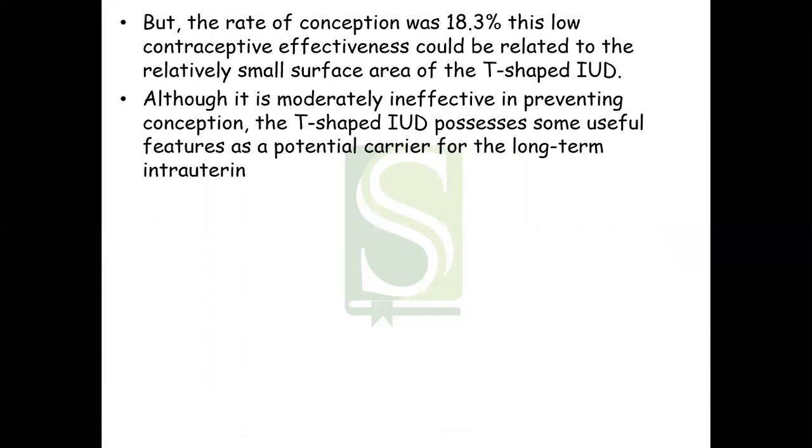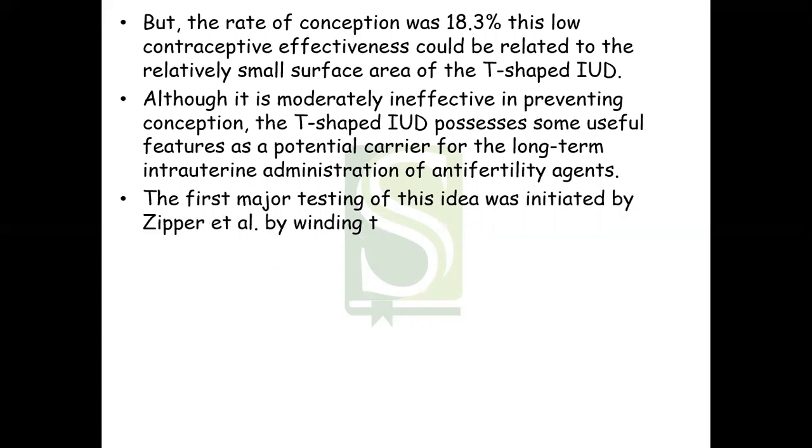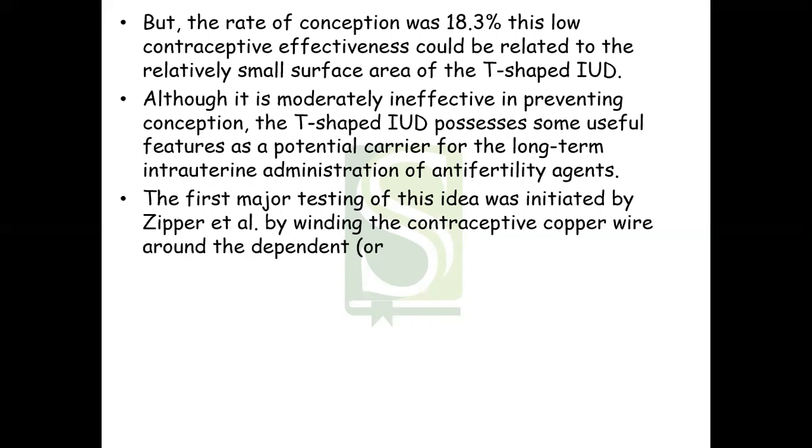Although it is moderately ineffective in preventing conception, the T-shaped IUD possesses useful features as a potential carrier for long-term intrauterine administration of anti-fertility agents. A major first testing of this idea was initiated by Zipper. What they did, they wound the contraceptive copper wire around the dependent or the vertical arm of the T-shaped plastic